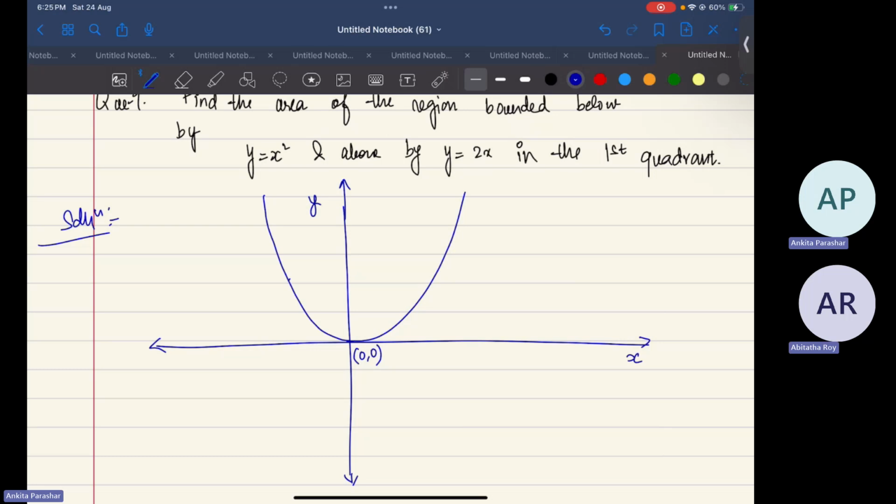And the other graph, y equal to 2x. It would be a straight line that would pass through the origin and cut the curve at 2, 4. So if I have y equal to x square, y is also equal to 2x. That would mean that x is equal to 0. At x equal to 0, it will cut x equal to